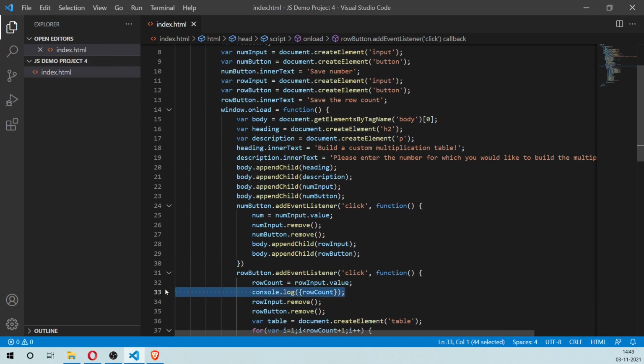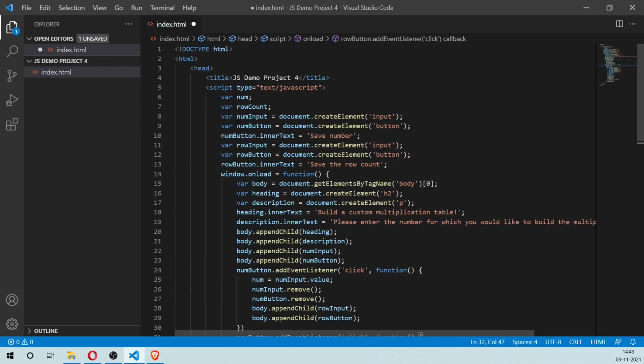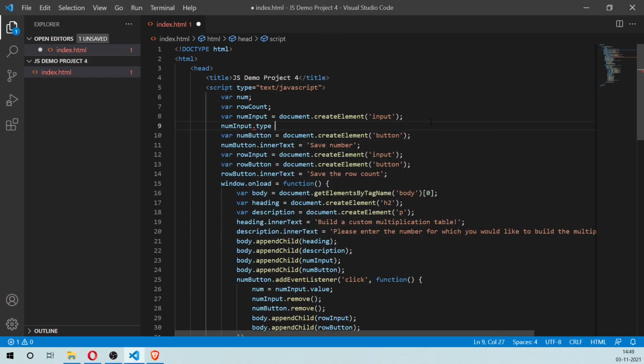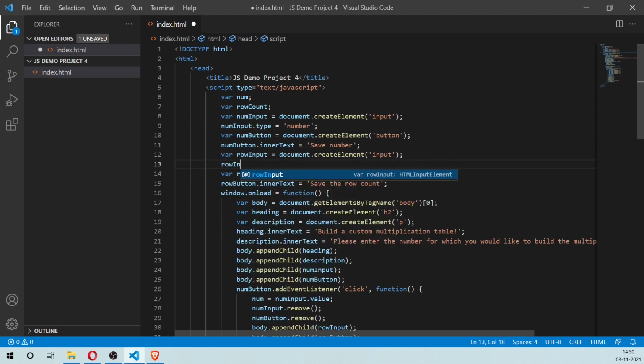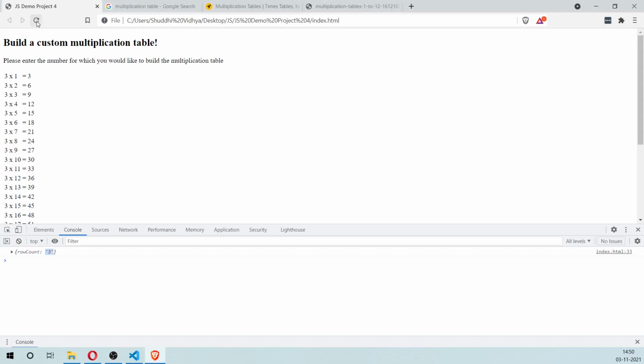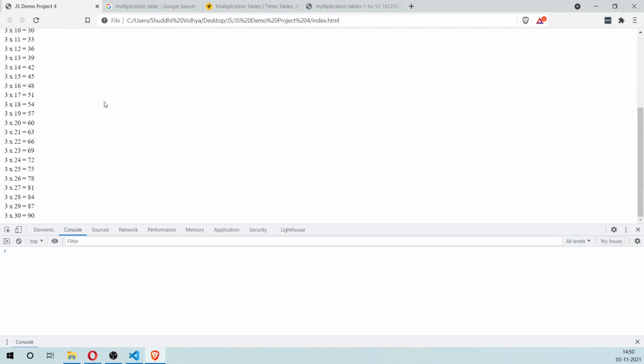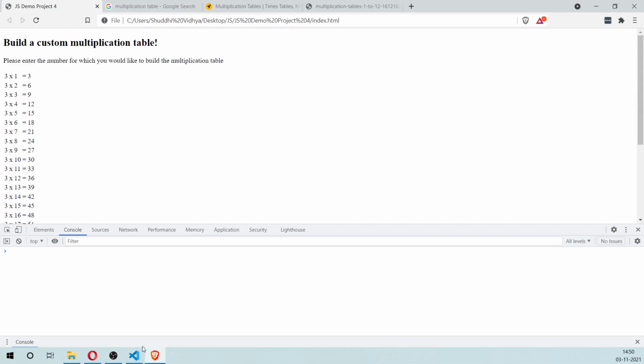We'll fix it by making these input types only register number values. So I'll say num input dot type equals number, and similarly row input dot type equals number. Let's see if that fixes the issue. Okay, we're still getting something like this.